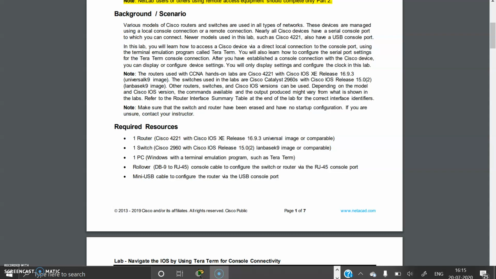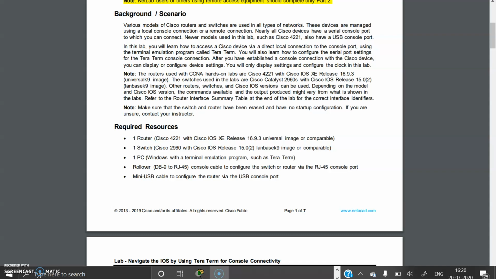In this lab, we can display the device settings of the device which was connected to the PC, and we can also display the version of the device. In the note given below, they talk about the Cisco devices of different versions which are being used now. Other routers, switches, and Cisco IOS versions can be used.